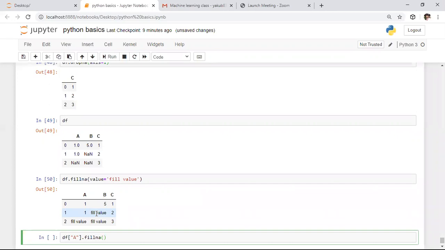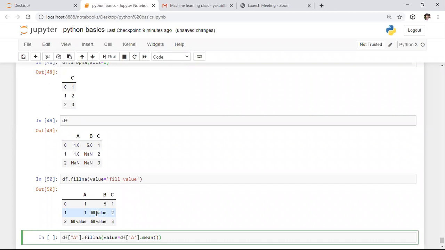So with the specific value, here I'm keeping that specific value as value equals to. So here I'm saying df of a dot. Now you might not understand why I am doing this, whereas coming to the machine learning preprocessing template, you will get to know why I am doing this.